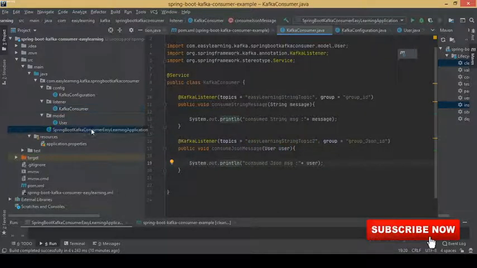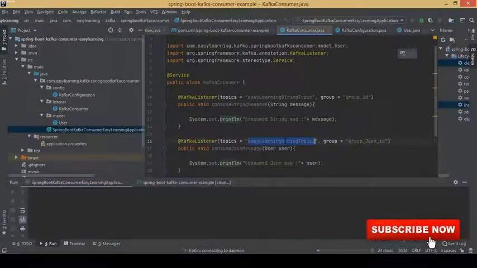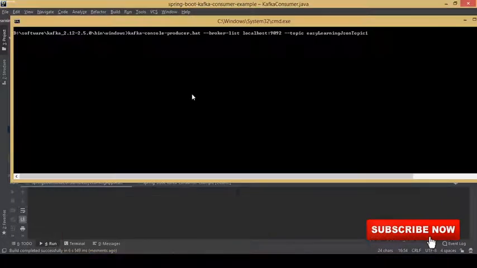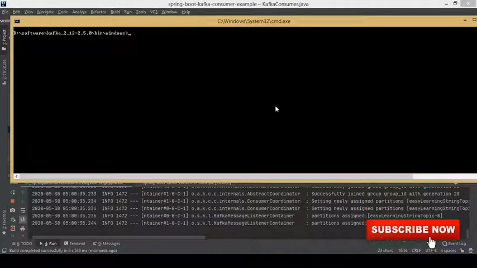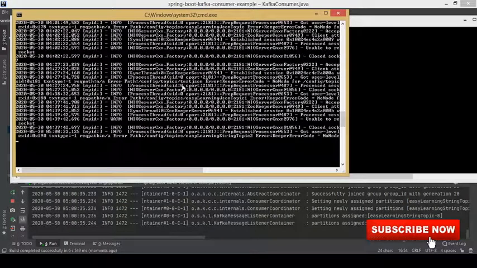So let's start the server, and meanwhile we'll create this topic. In my last video I told about how to create the topic, right? You need to go to the Windows path of your Kafka server. You can see in the I button of this current video, I have given how to start working with Kafka. In that you can see how we will be consuming and producing all from the command prompt. So for that you can learn easily.